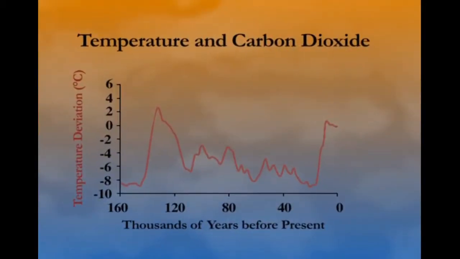So I want to show a graph, again, horizontal axis. This is a graph you've seen before. Horizontal axis is the time in thousands of years before the present. I'm going to show you one cycle of that repeating roughly 100,000 year periodicity ice age cycle. So we've seen this graph before. It shows the deviation in temperature from the present, which is read as 0 on the horizontal axis, the deviation